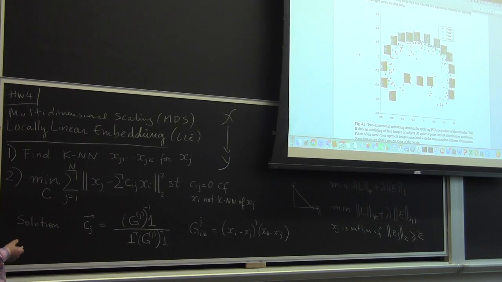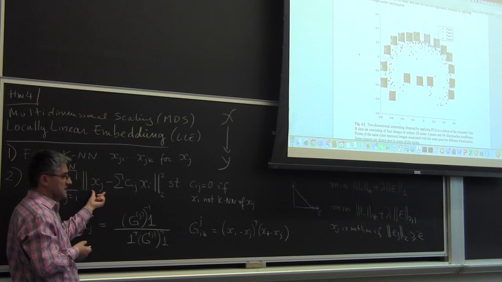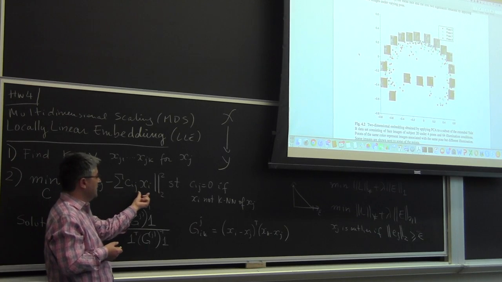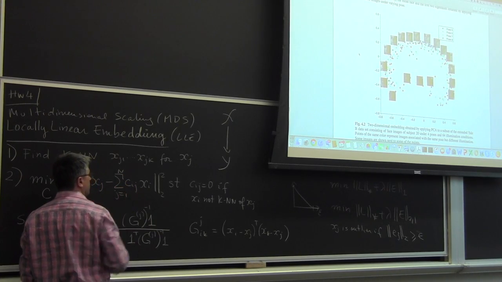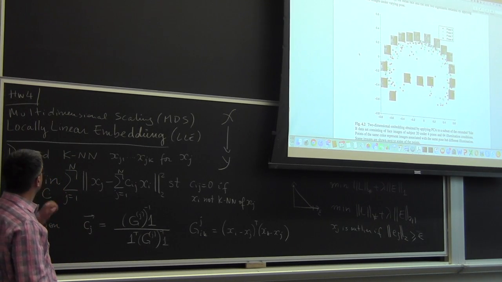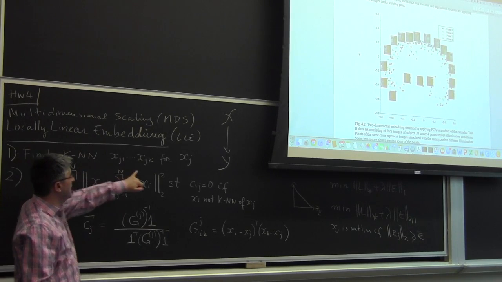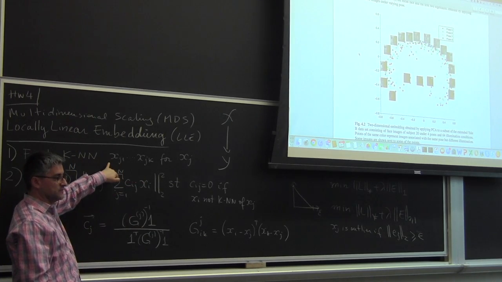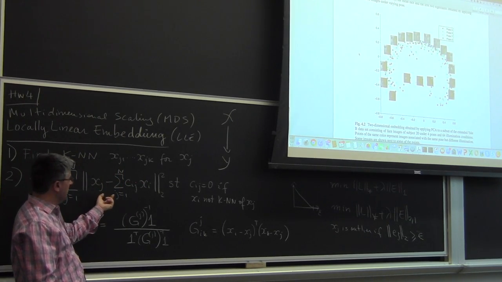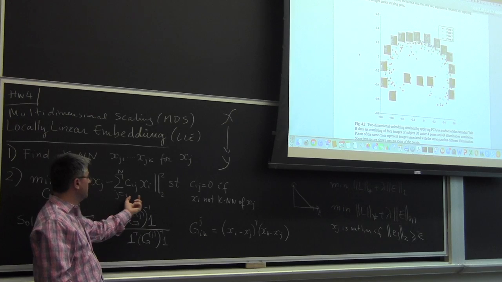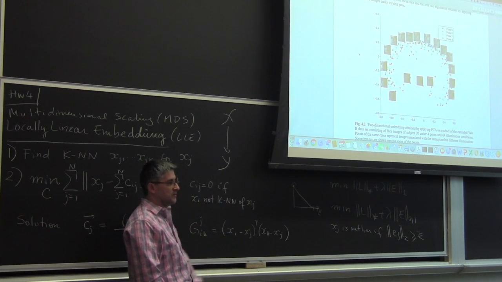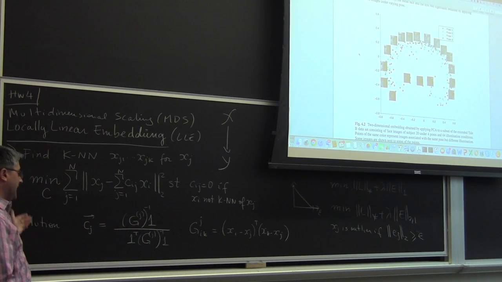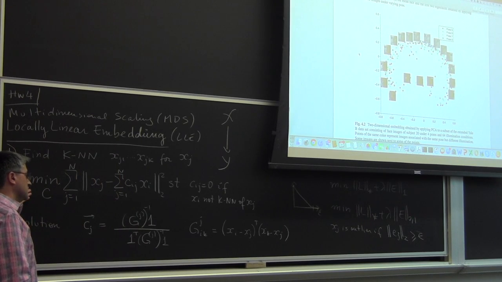Okay. And so the way in which locally linear embedding operates is as follows. The first step is to express every point, xj, as a linear combination of other data points. Which other data points? It's written here that it's all of them, but the reality is that it's only its k nearest neighbors. So that's why the first step of the algorithm is, given every data point xj, find its k nearest neighbors. The second step is express a data point as a linear combination of its k nearest neighbors. And that's why there is this constraint that the coefficient is 0 if xi is not a k nearest neighbor of xj. We went through the calculations, and we demonstrated that the optimal solution to this problem can be computed